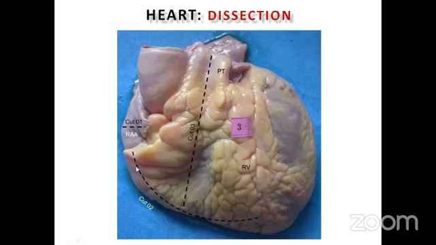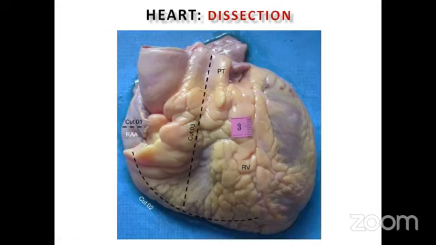The second incision is then taken a little behind the right border of the heart from the right atrium into the right ventricle, passing through the tricuspid valve orifice and necessarily cutting the posterior tricuspid leaflet, as we will see a little later. The third cut is taken along the right ventricular outflow tract into the pulmonary artery and its branches via the pulmonary valve.